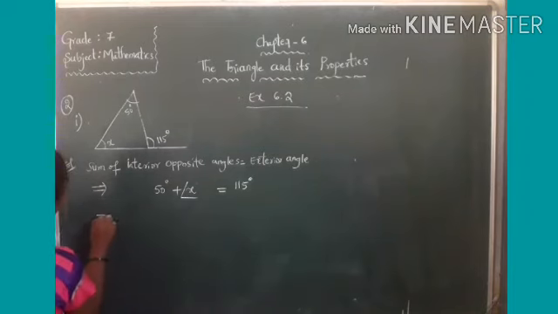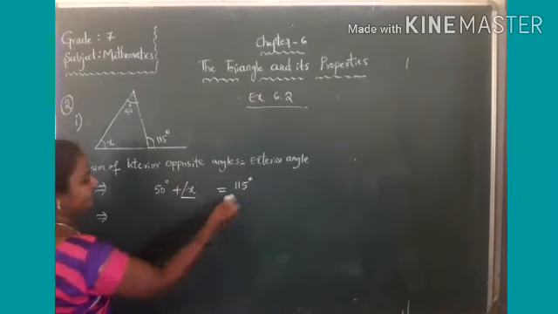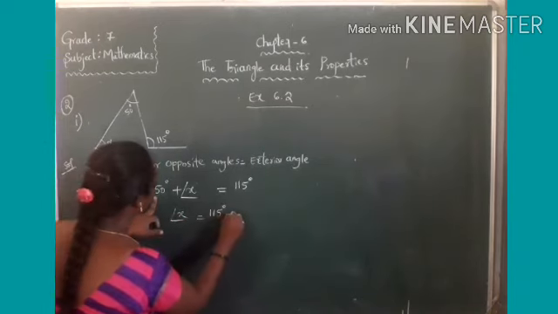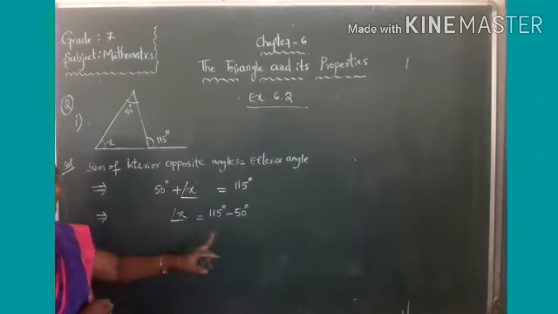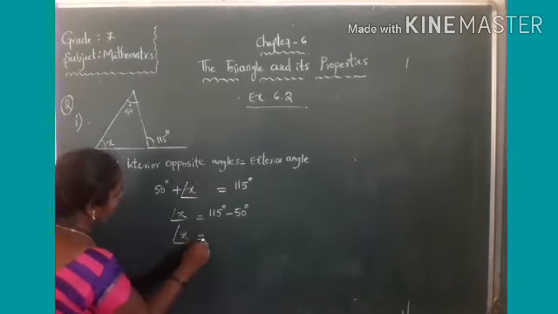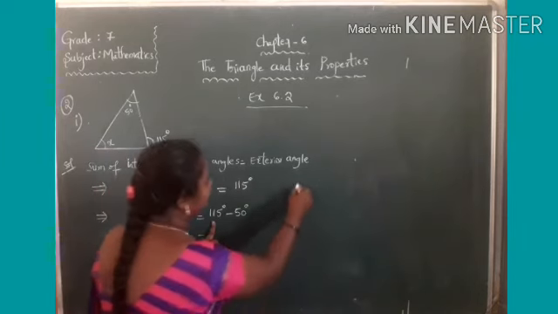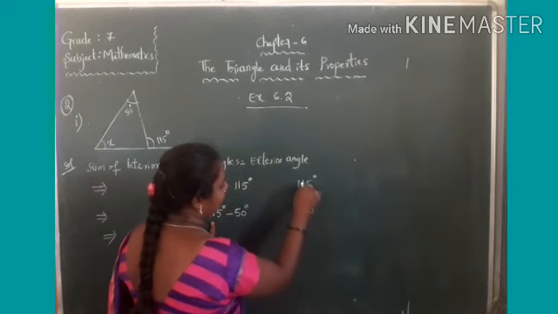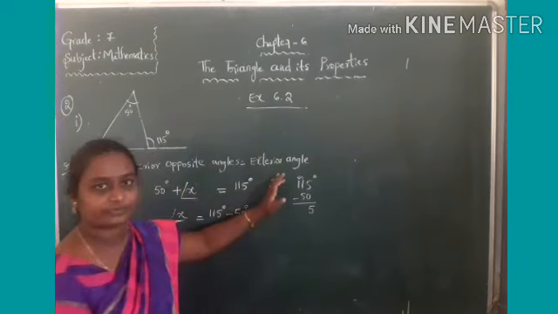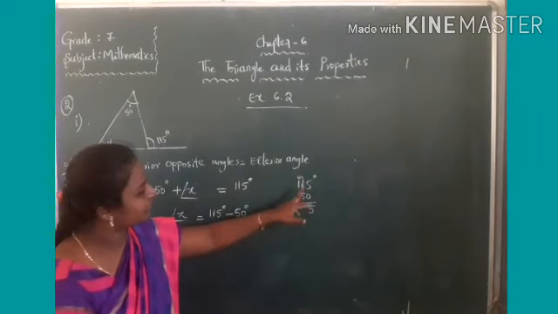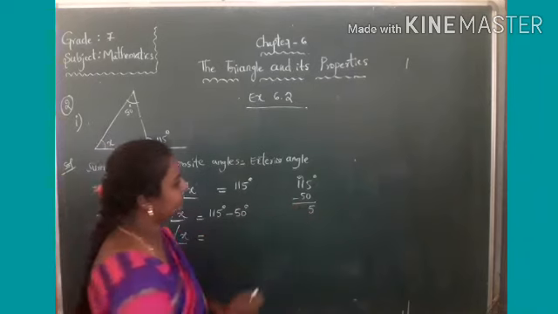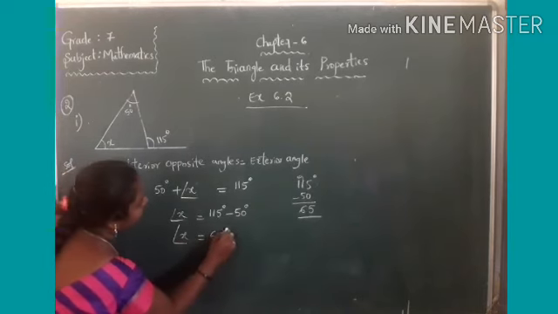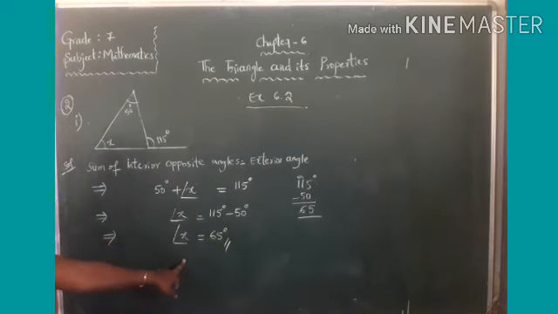150 degrees. So transpose 50 degrees. Angle x is equal to 115 degrees. Transpose becomes minus 50 degrees. Then angle x is equal to 115 minus 50 degrees. Subtract both. 5 minus 5 is not possible here, so take a borrow. So what is the remainder here? Yes, 11 minus 5 is 6. And the interior angle is 65 degrees.